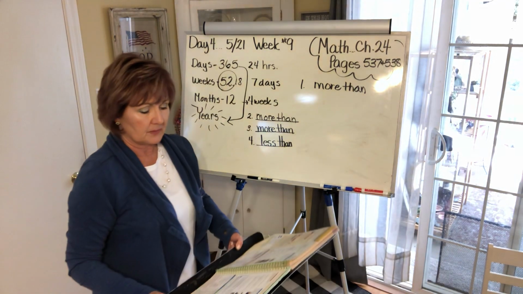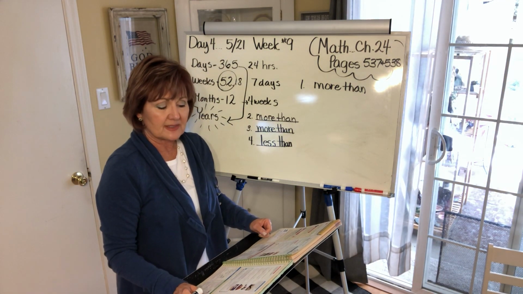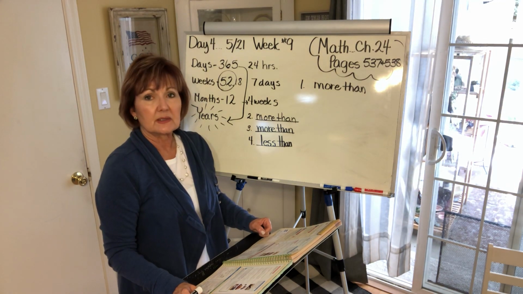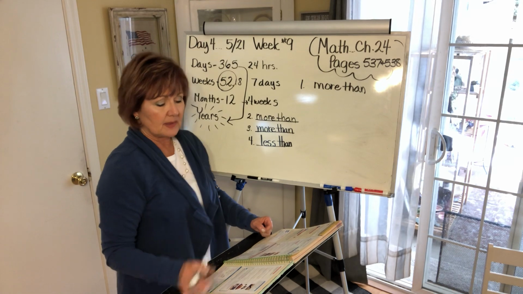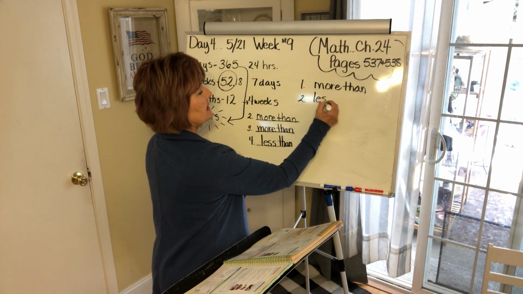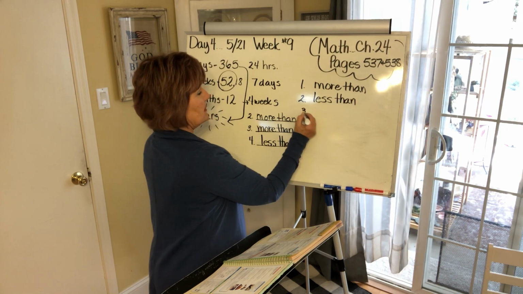Number 2, Susan's little brother had a tricycle for 10 months. How does that compare to a year? 12 months in a year, so it would be less than a year, right? 10 months is 2 months less than a year. Number 3,